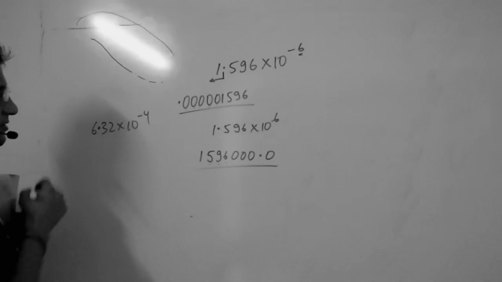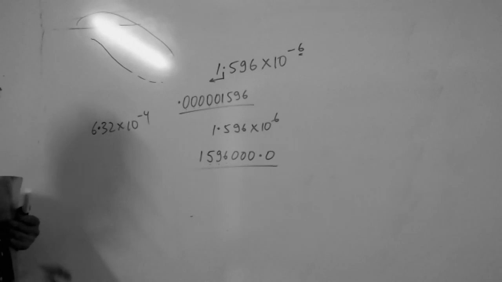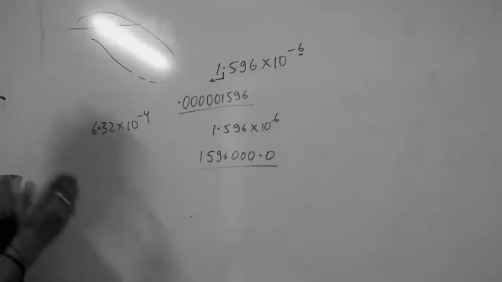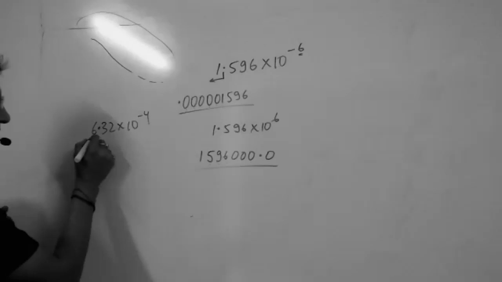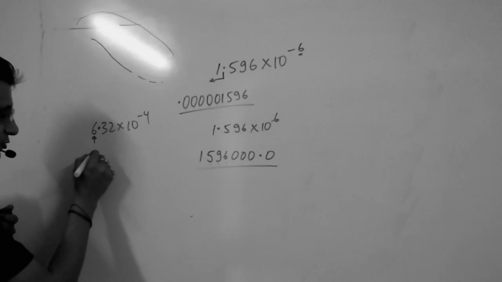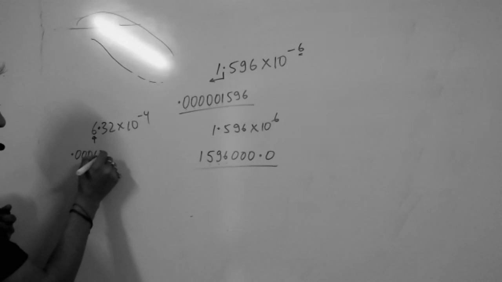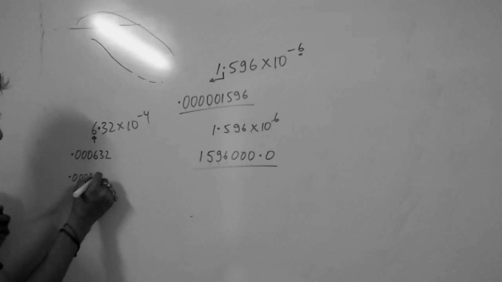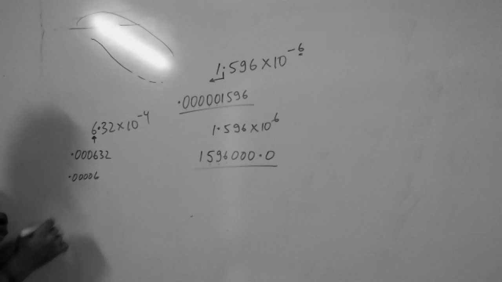Now, see. This question, 6.32 into 10 to the power minus 4, is in standard form. You have to write it in usual form. So to put it in usual form, this is negative. The decimal will go to the left hand side by 4 steps. So this is 1 step. You have to write 1, 2, 3, 4 and then dot 3, 2. Guys, you have written 4 zeros and then 6. After 6 the decimal was there. So this is 1 step, 2, 3, 4.